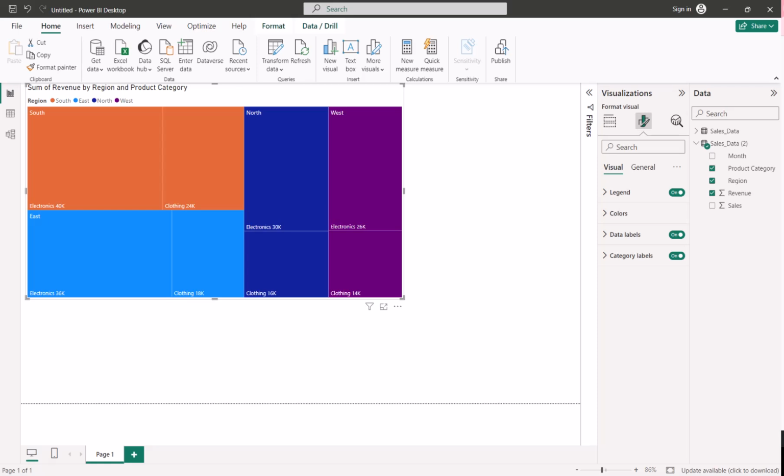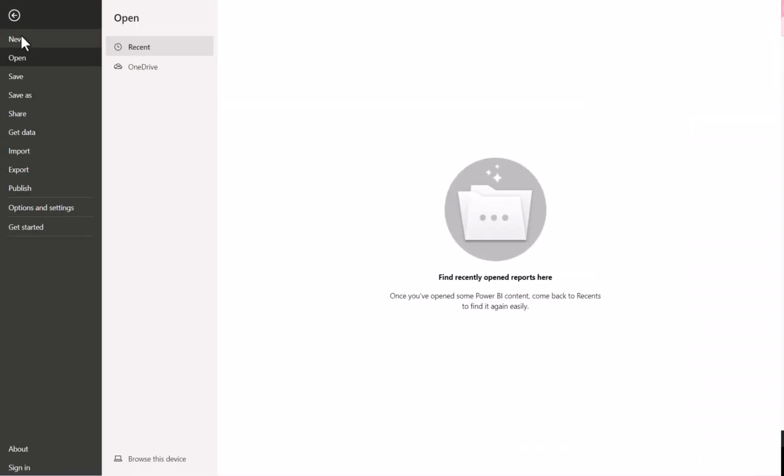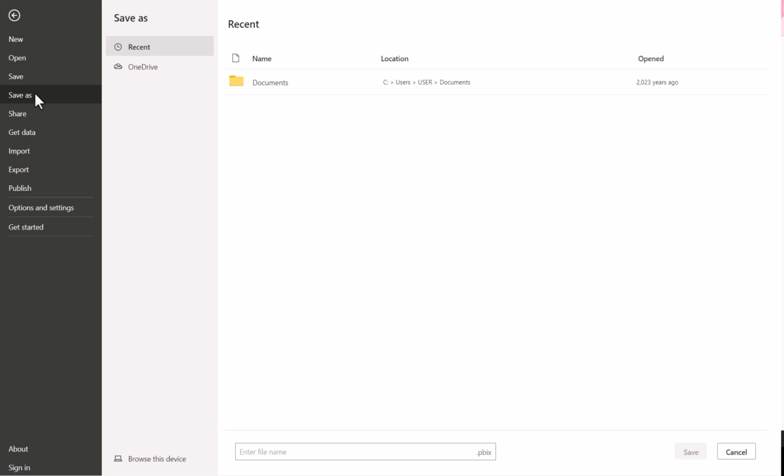Welcome back. In this session we will cover how to save your Power BI report. To do that you have to go to the file, and from here we're gonna click on save as. We can save it here in the document file, it's okay, but you're gonna see here we have an extension of